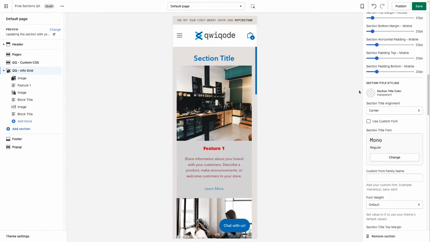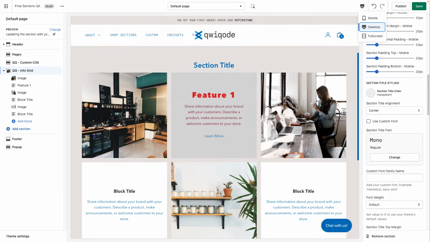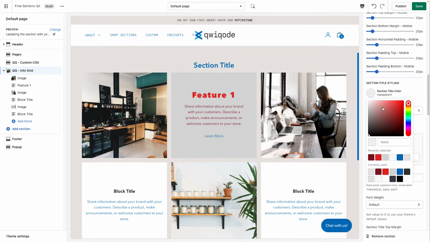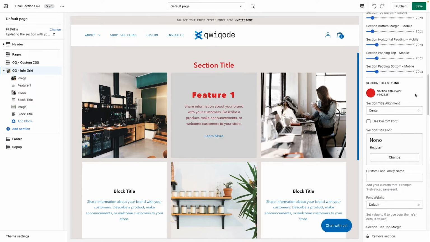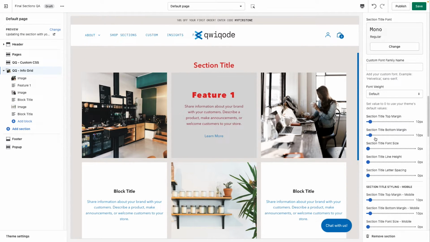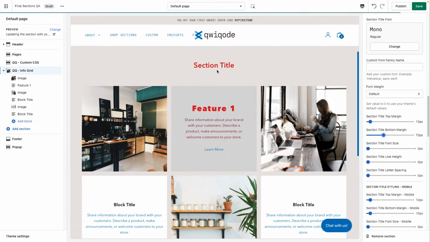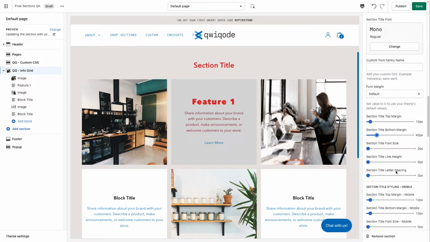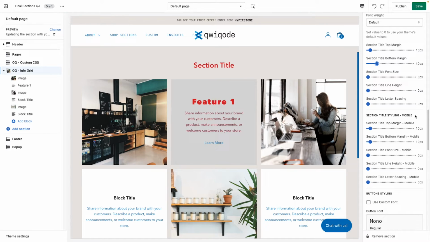Moving down, section, let's go back to desktop. Section title styling. So here we can also, if you don't want to use the default theme styling, you can set it however you'd like. Like that, you can also give text alignment. Choose a custom font as described, and then margins as well. You could do more margins. So if this is too close for you, you can push it down. You could set the font size, line height, and letter spacing as well as for the mobile